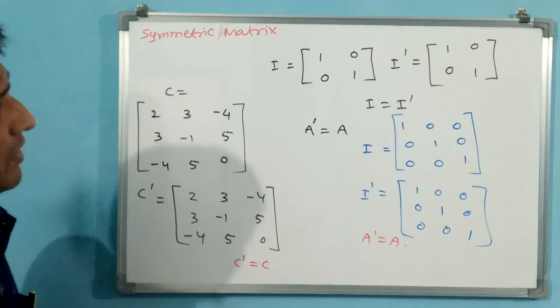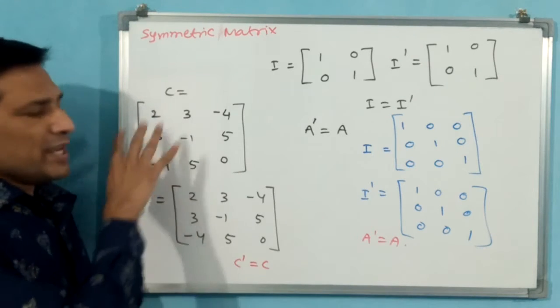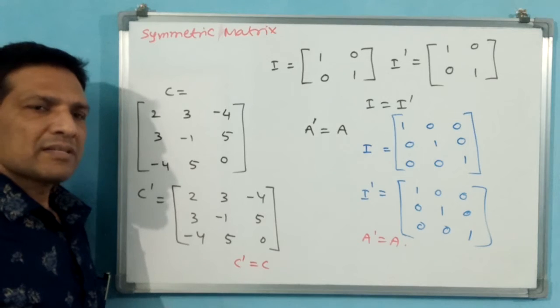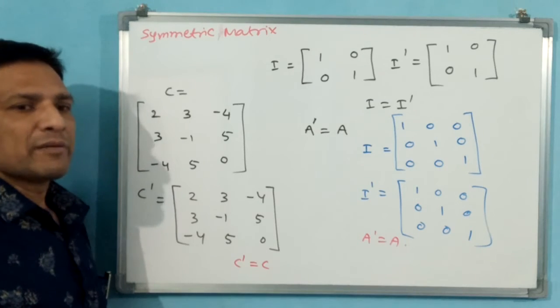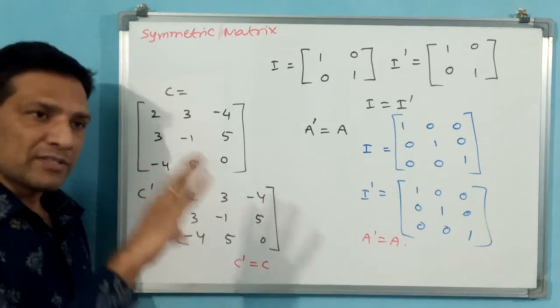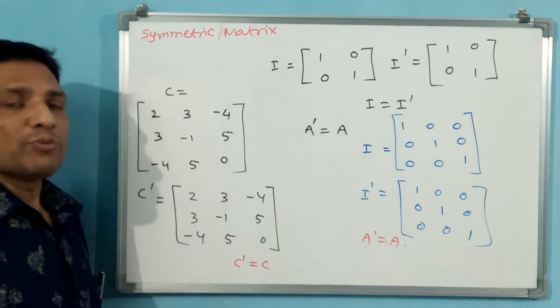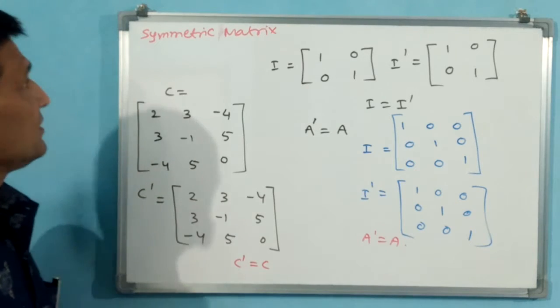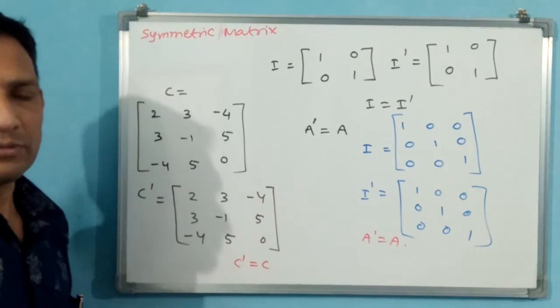Okay. See, what if any matrix is there, but can we convert it into a symmetric matrix? We can convert, but not into one symmetric matrix. We can convert it into the addition of one symmetric and one skew symmetric matrix. That concept we will see. Let us first understand the symmetric matrix. This is a symmetric matrix, with the example I have shown.